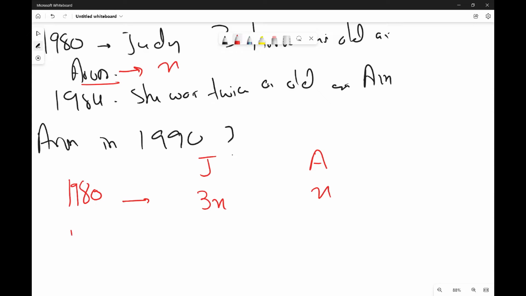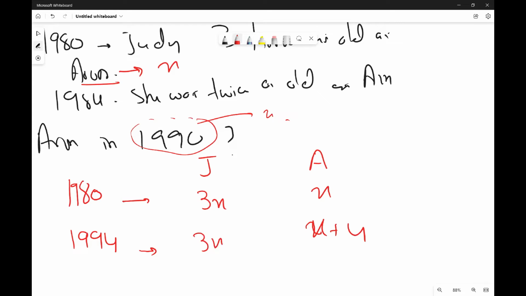In 1984 एरन, यानी 4 साल ऊपर चलेगा ना यहाँ पे, was x plus 4, और ये एरन की प्रेजेंट एज है 1980 वाली which is x. ओके, और जूडी was 3x plus 4. नहीं, बस उतने years ऐड हुए लेकिन जूडी 3x आ गई. ओके, नाउ